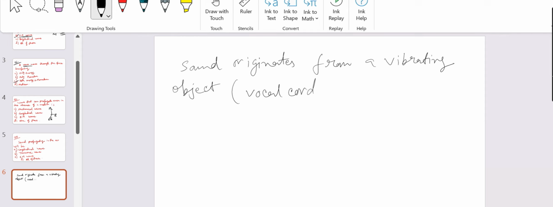When we sing, it's basically a musical instrument. And in different musical instruments, different things vibrate. In a drum, only the membrane vibrates. In a flute, the air actually makes the sound, and in the guitar, the string vibrates. So the sound basically originates from a vibrating object, and this vibrating object creates